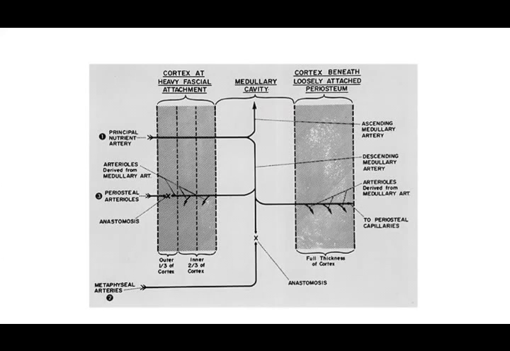From the outside, the periosteal arteries, if you see number 3, are directed inwards and supply just the outer one-third of the cortex. So these are centripetal vessels. That is how it is supplied. The bone is supplied by the nutrient artery, which enters through the nutrient foramina. Ascending and descending branches are given.